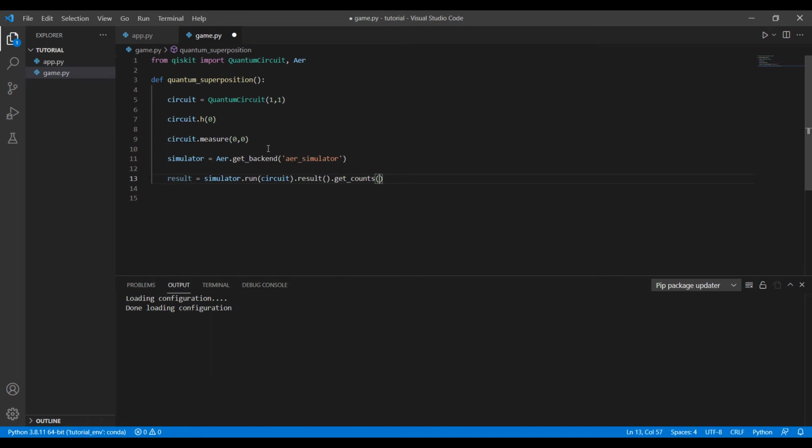So the dot get counts is just for that. So once we are done with that, I think we are done with it, and we can just return result here. So now we will definitely execute this once. So we will see a result and quantum superposition,